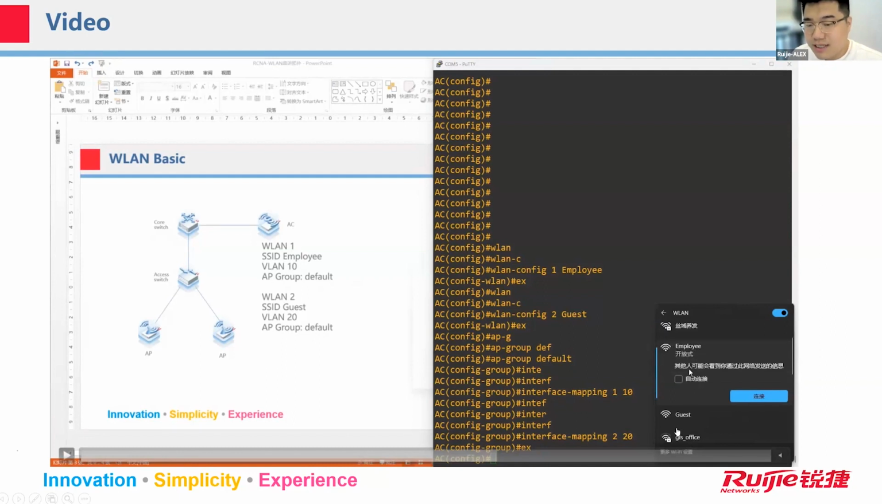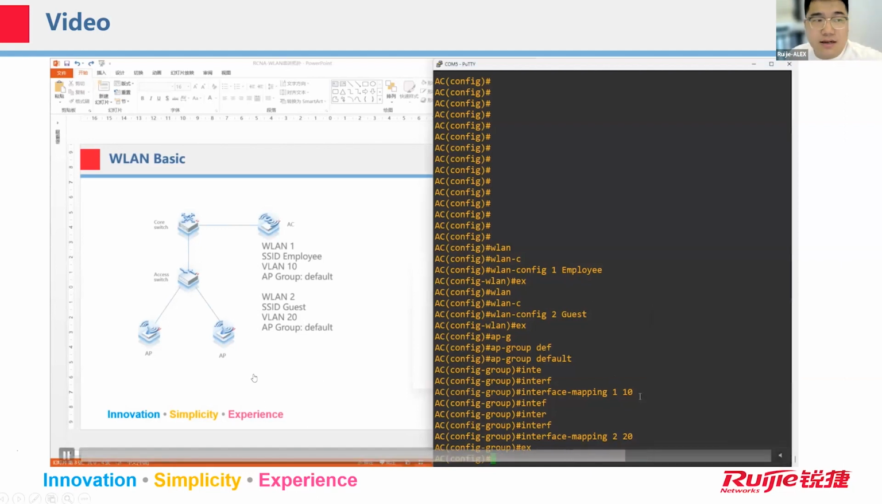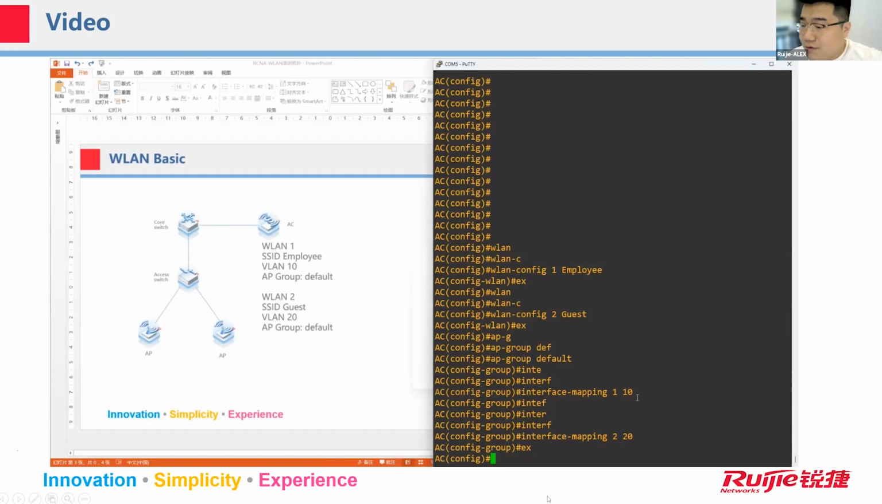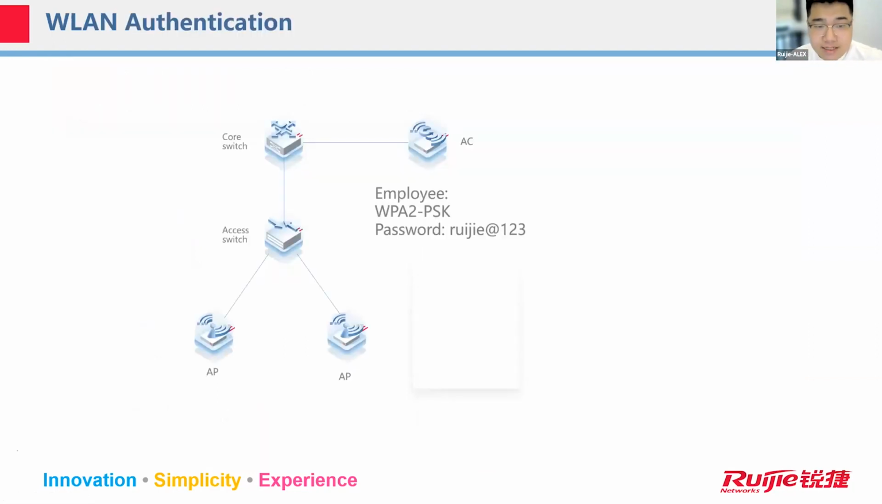signals, employee and guest. There is no lock on this icon, so it means they are open, because we haven't configured authentication yet, right? Okay, so this is how to verify the configuration at this stage. Since they are open, we think they're not secure, right? Not secure. So for the network whose SSID is employee,